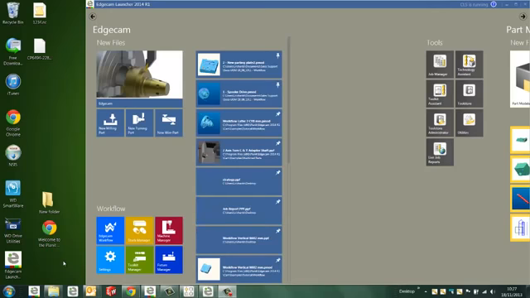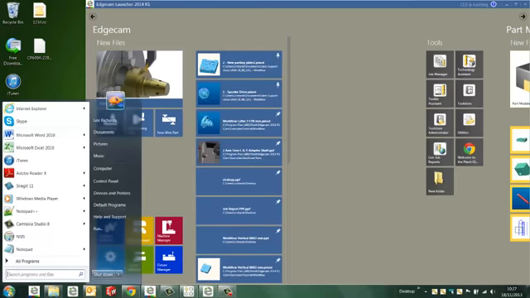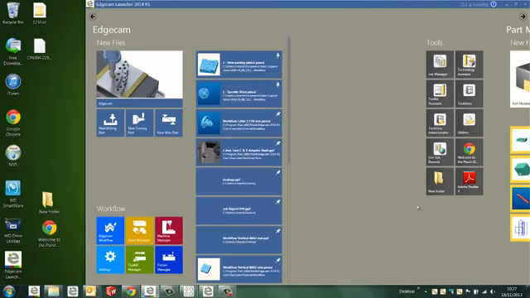Starting at the Edgecam launcher, at 2014 R1 we now have the ability to drag and drop URLs, internet locations, onto the tools area, as well as folders. We can also add applications. This was introduced at 2013 R2. So here we can customize the tooling area,